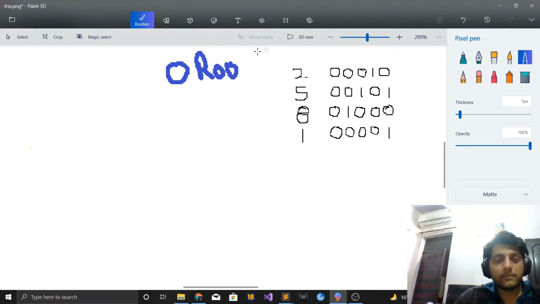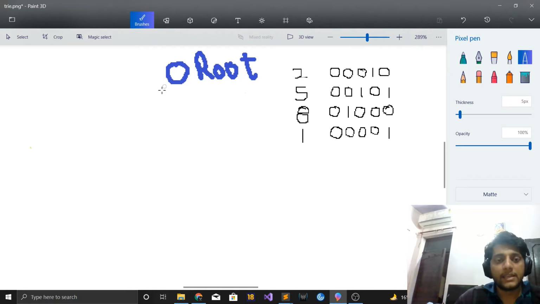Now for solving this question, we'll insert all these numbers into the trie. We'll be inserting their bitwise representation into the trie. Since we are taking only 5 bits to represent these numbers, the height of this tree would be 5 only. Each node in the trie, for our case, can have at max 2 children only. It can have either 0, 1 or 2 children. Why can it have at max 2 children only? Because we are representing the bitwise representation of these numbers, and only 2 bits are possible, 0 or 1.